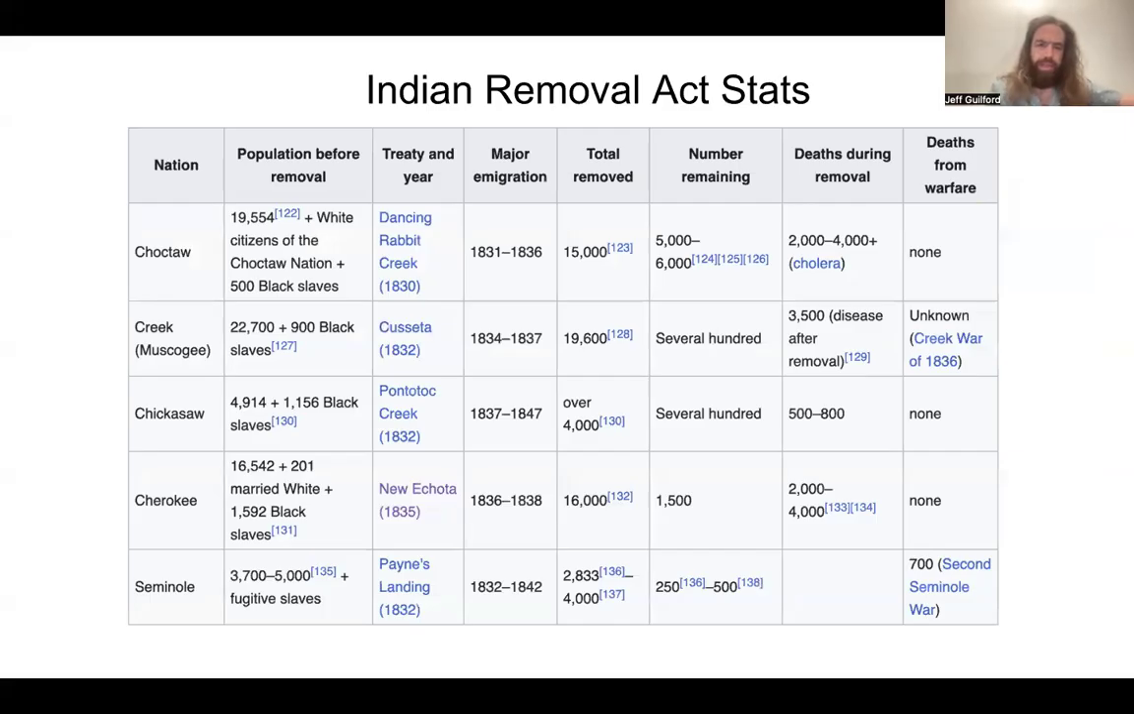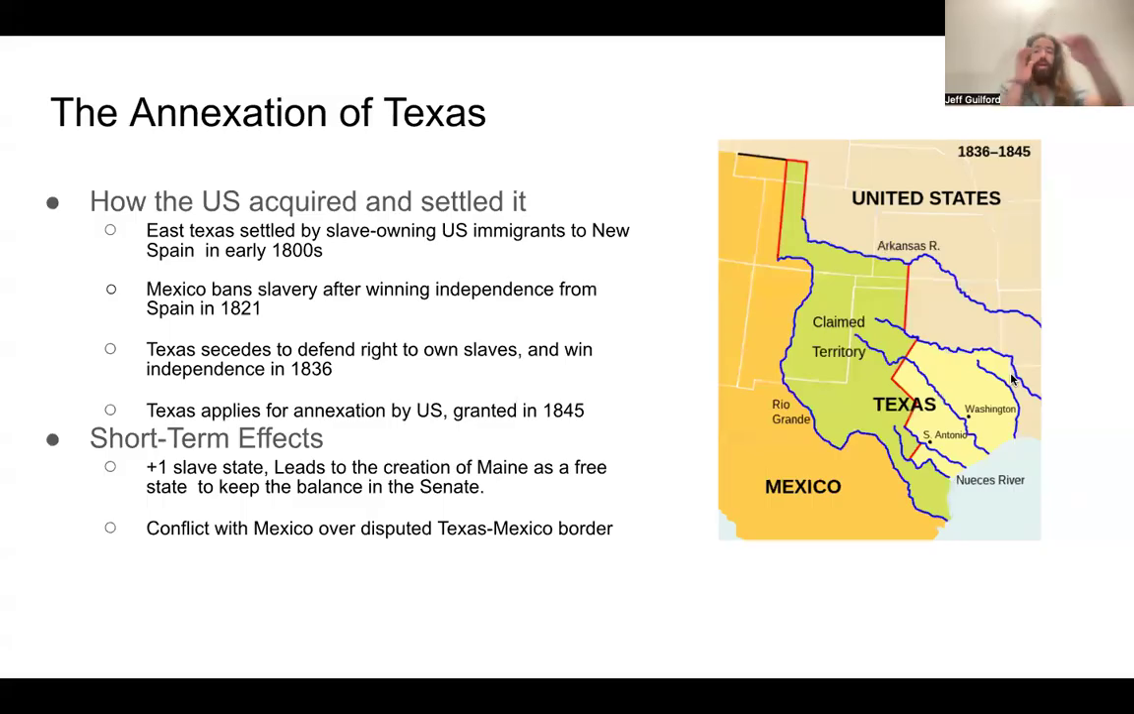Here's a little chart showing the population impact of the Indian Removal Act. Feel free to pause if you want to ponder it. But yeah, in general, bad. All right, next up, we've got Texas. So this is kind of a weird story, but how it works is